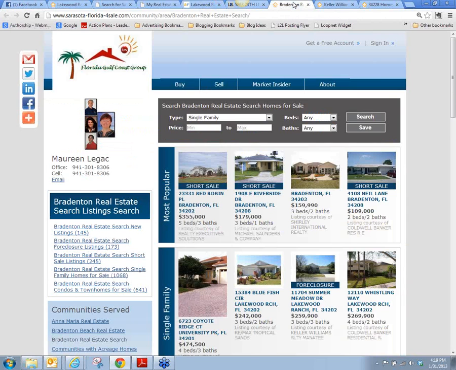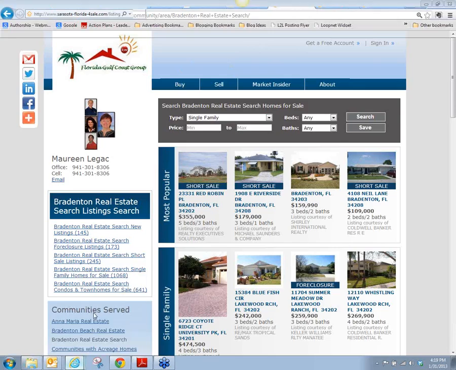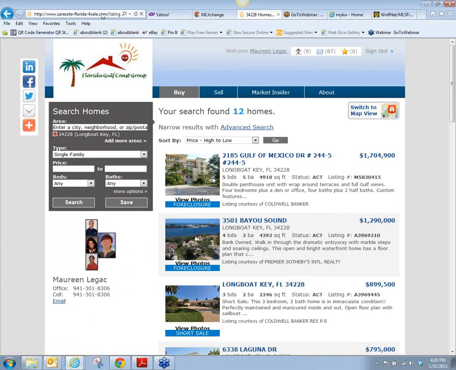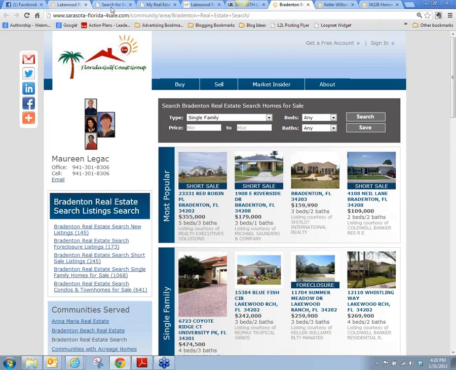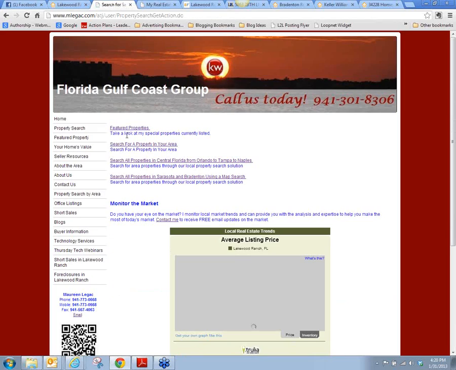When I create my Craigslist ads, I am using that link that I created in searching this page. I just pull the link that's at the top. Now, that is one of the easiest ways to do it. Just go to your own website and search. Now, you can do that too with your e-agency site. If you go to property search and you search for a property in your area,